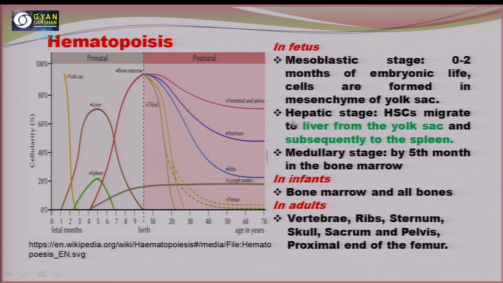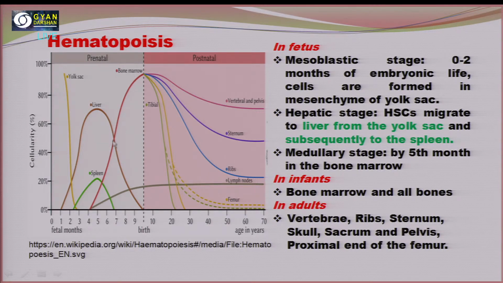The hepatic stage is another stage. In this stage, HSCs migrate from the yolk sac to the liver and subsequently to the spleen. The third one is the medullary stage. By the fifth month, it transfers into the bone marrow. In the bone marrow, the B cells and T cells form and ultimately mature. B cells mature in the bone marrow, and T cells mature in the thymus. You can say the training of the T cells takes place in the thymus to fight